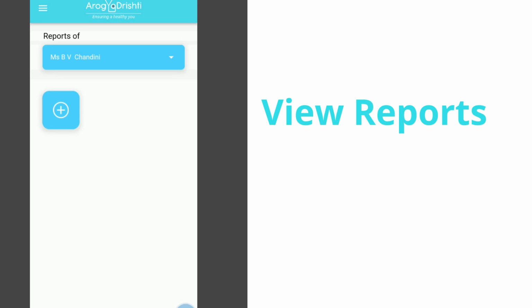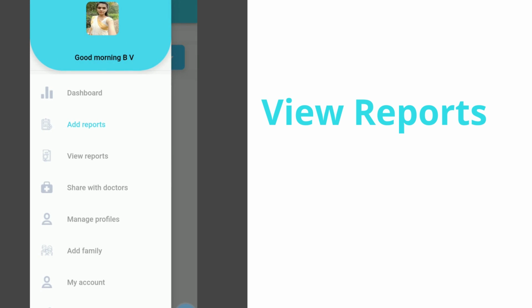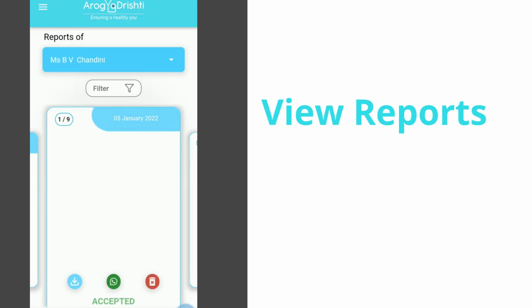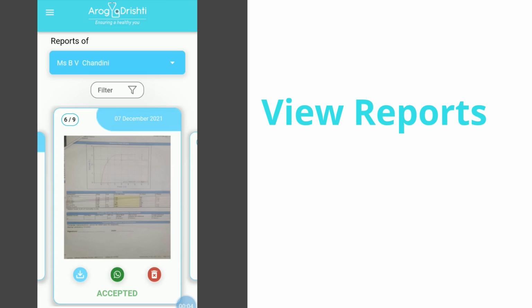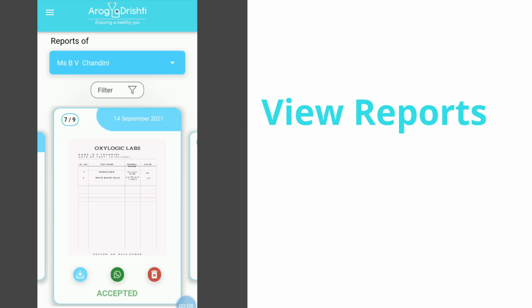You may wonder, you have uploaded these medical reports, but how to view and access these medical reports? For that, you will have to go to View Reports. Once you open your View Reports, you will be able to view and access all your medical reports that you have secured with Arogya Drishti.